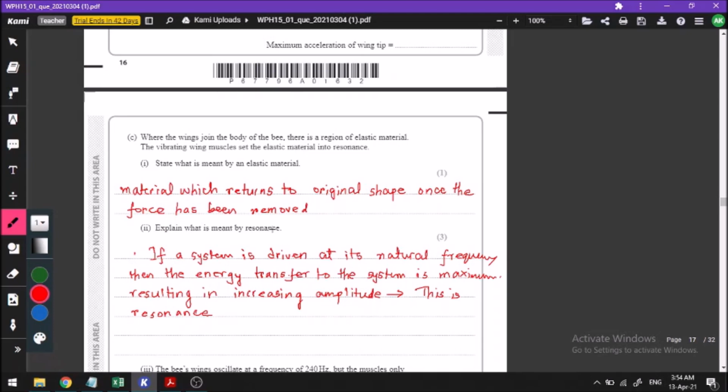So, what is meant by resonance? We know that every object has its own natural frequency, which means if you set it in motion, like if you disturb it just once and then let it go, it will oscillate. That frequency of oscillation by which it freely oscillates after disturbing once is its natural frequency. Now, what will happen if you keep disturbing it at its natural frequency? In that case, it will keep on gaining energy and the amplitude will keep on increasing. So the rate of energy gain by the body, if you disturb it at its natural frequency, is maximum. So how to write the answer in the style of the question? This is given over here.